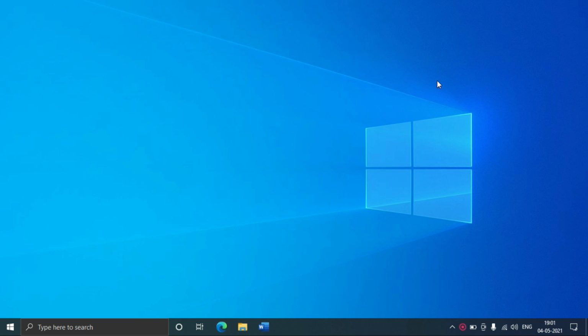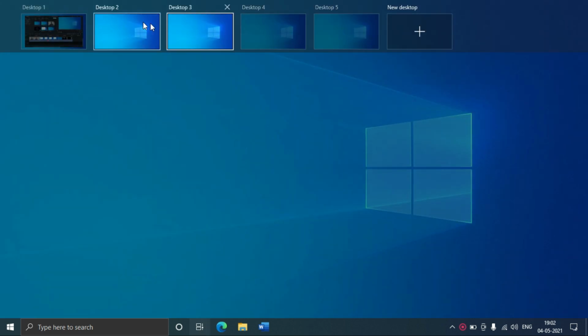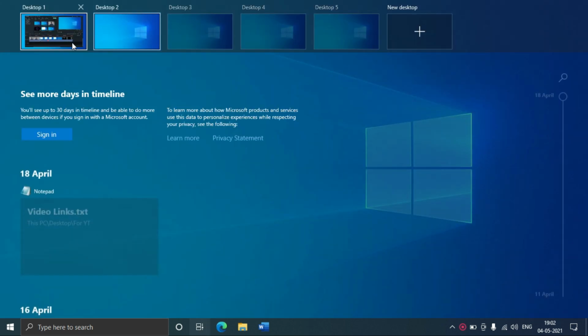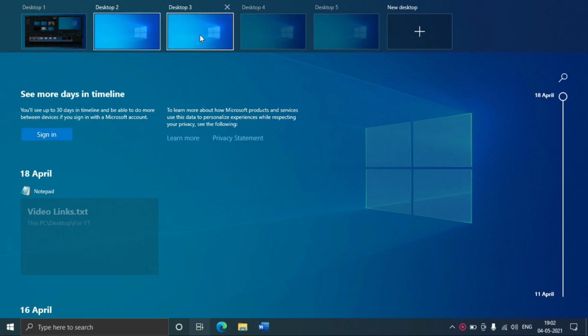Now the last is four finger swipe gestures. The four finger swipe up or down behaves the same as three finger swipe up or down. But the four finger swipe right or left are interesting. They help you to switch between virtual desktops if you use them. Like I'll show you, I have five virtual desktops. Here is my video editor. I will not show you that. So here are these four empty desktops.